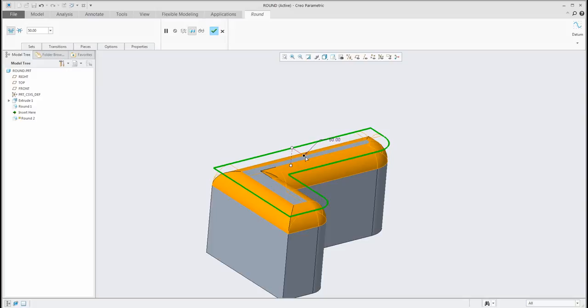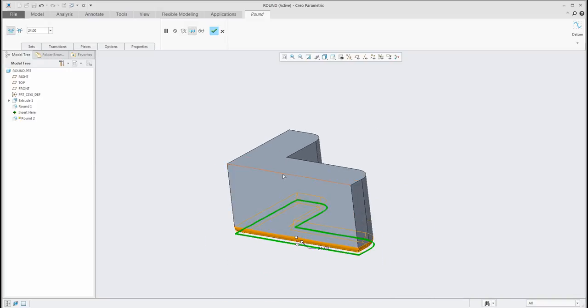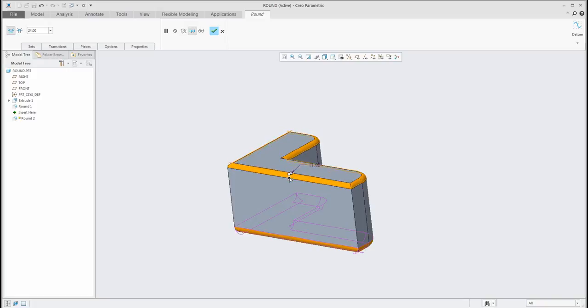So you can see that right now the system will create the round feature around the selected surface. Okay, opposite direction one more time. Select any edge and use the shift button and a surface, and the system will create the round feature for you